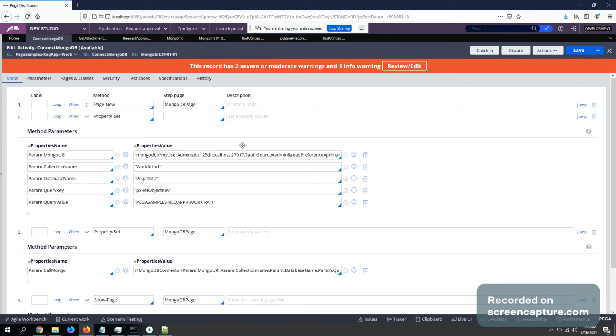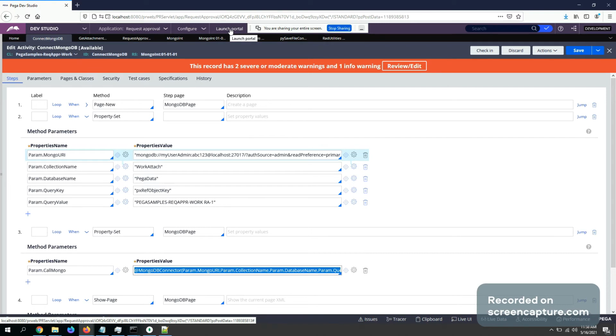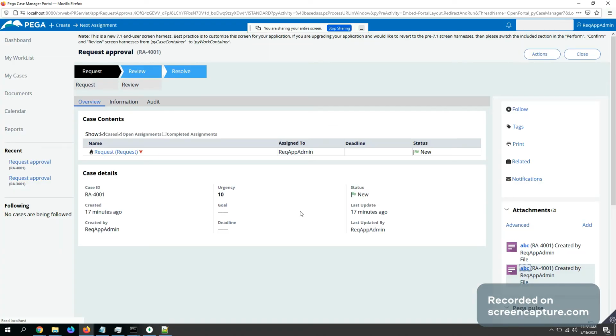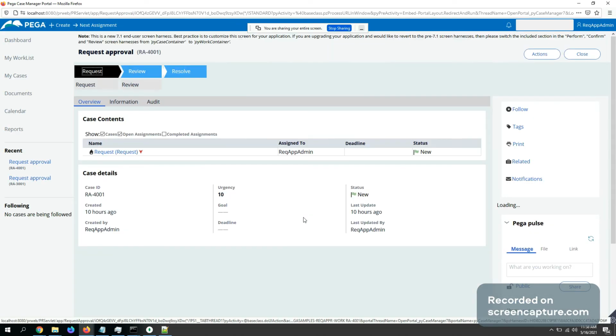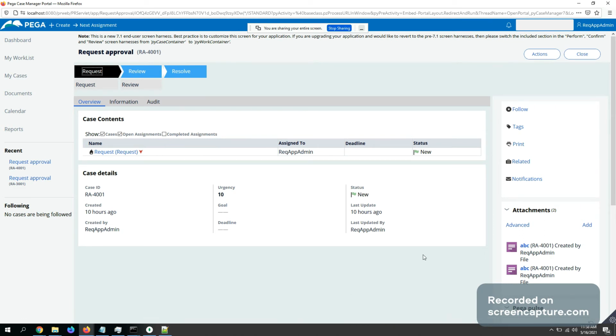As you have rule utility functions, you set the parameters and call the functions, which I think you might know. For the POC, whatever attachment is added to a case will be inserted into the MongoDB collection. And once you click on the link, the same record will be retrieved again from the same MongoDB collection.